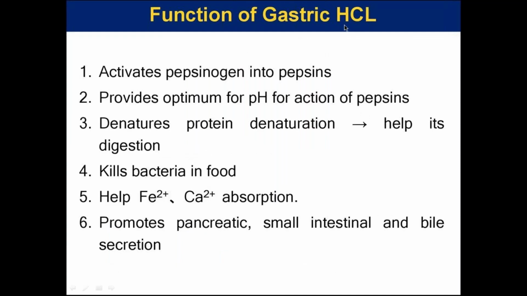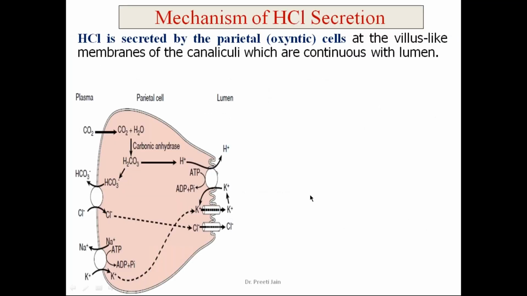Functions of gastric HCl. One of the functions I have already enumerated. It causes activation of pepsinogen into pepsin, provides optimum pH for the action of pepsin. Then it kills bacteria, helps in the absorption of iron and calcium, and it promotes the pancreatic, small intestinal and bile secretion. Okay. Now we come on to another important topic, and that important topic is the mechanism